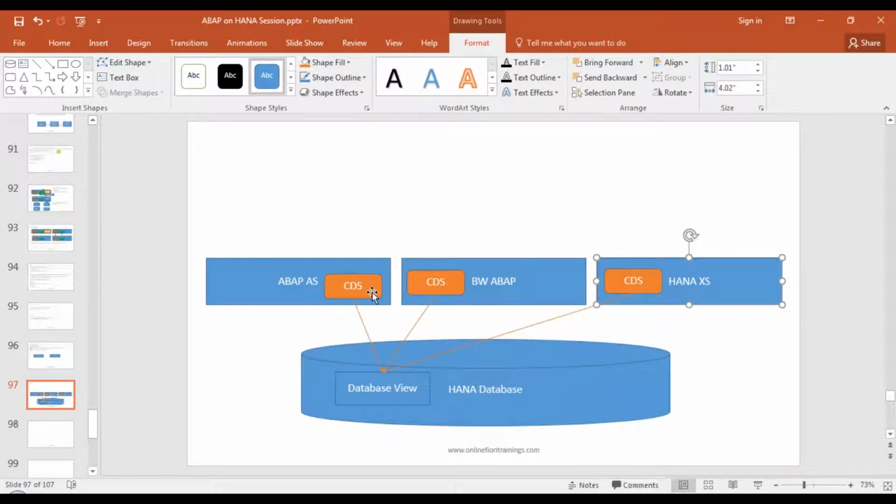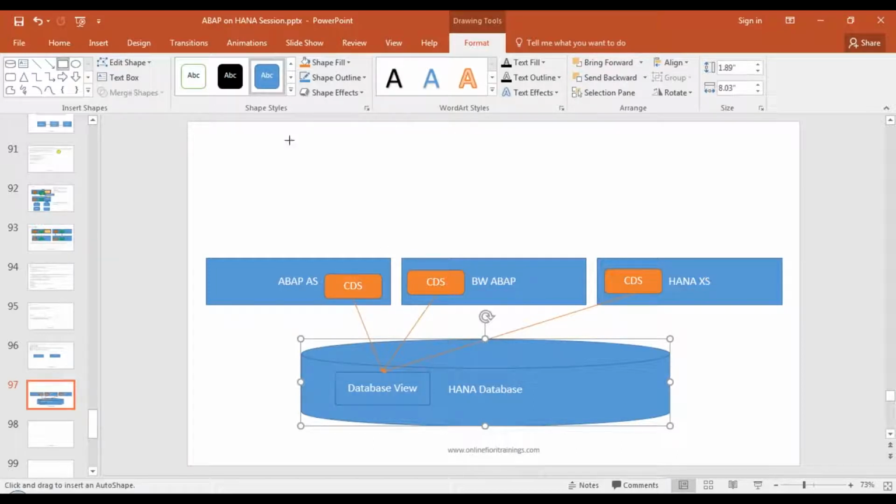Now, what is the advantage of using this? The clear advantage is that the life cycle has been simplified by the application layer. The application layer creates a CDS, and on activation it creates a database object. Once you transport this CDS from the application layer to the quality system, it correspondingly creates an underlying database view there. When you call it, it ultimately calls the database and executes this database view, which means all the calculation which used to earlier happen in the application layer will now happen in the database, and the database will return only the final result set to the application layer.